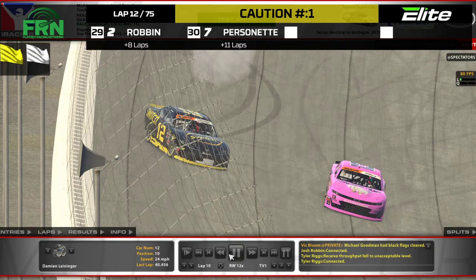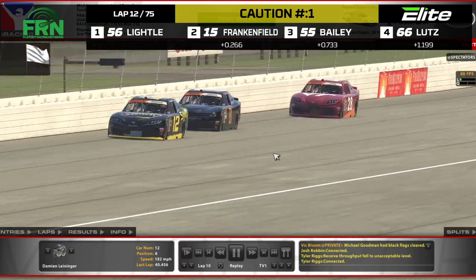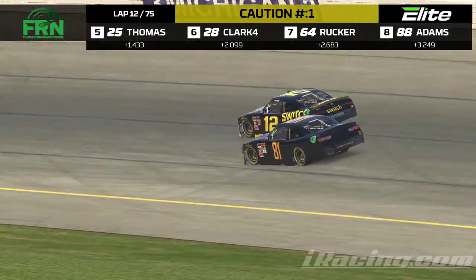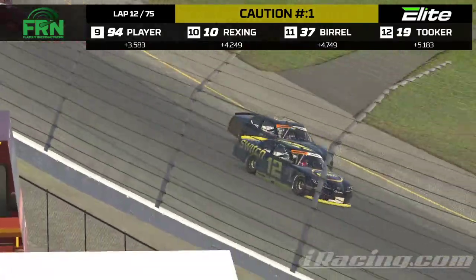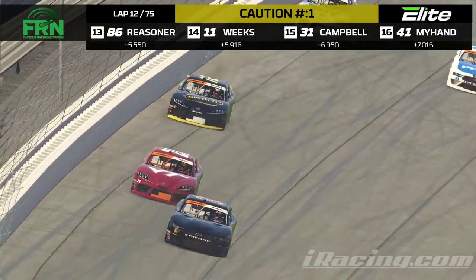We'll see here with Leniger what happened to the 12. Yep, little contact there, and I think that was just a case of 25 maybe getting a little bit tight underneath. Yeah, which is easy to do here. Especially off of 4 underneath the car. Car's really going to be upset in that dirty air, and it's just going to want to do nothing but plow. So